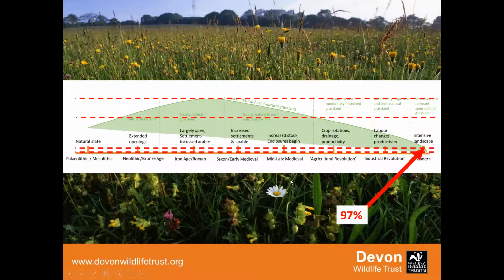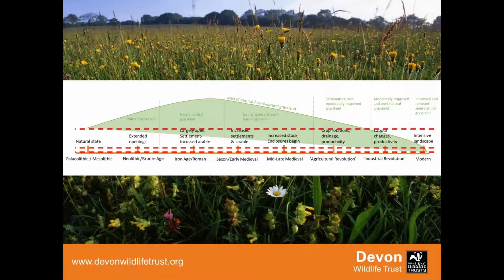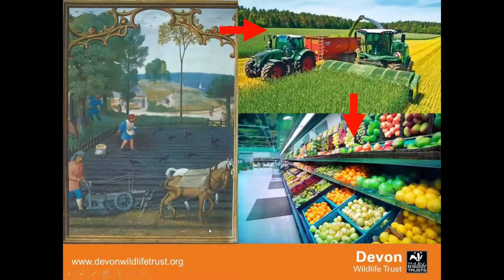Whether you'd want to go back to that sort of level, and whether it would be practical, it probably never would be practical to do that. But what you could look at going back to is somewhere in between natural state and 97%, that original 1930s amount. So we need to think about where we want to end up. Now, I was just going to talk quickly here about some drivers of those changes, because it's important in considering where we're going in the future.